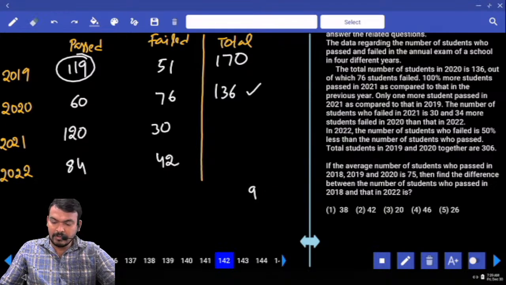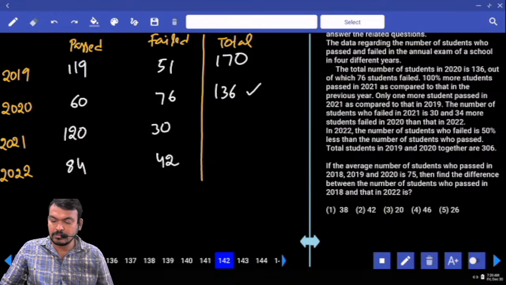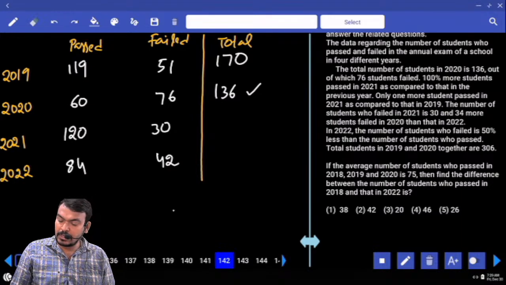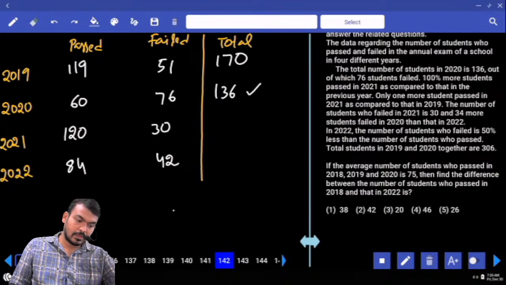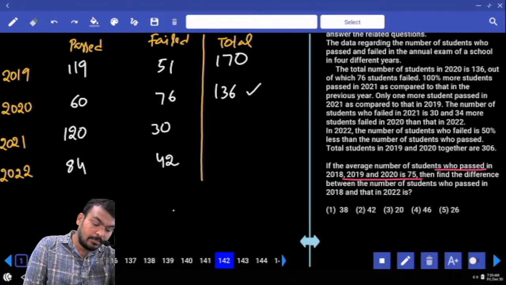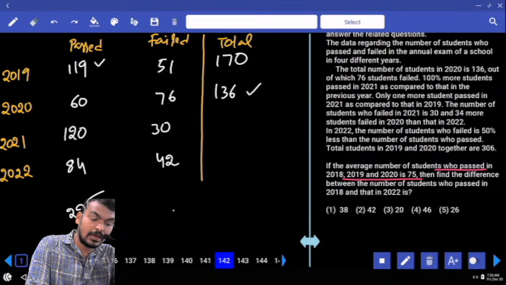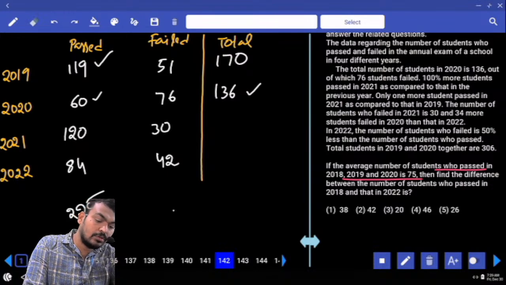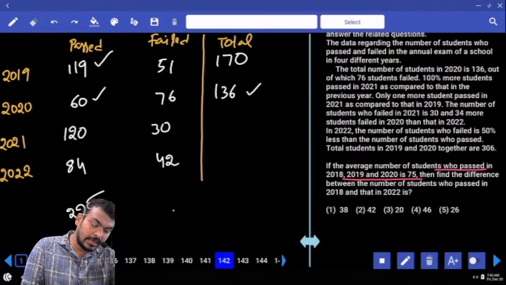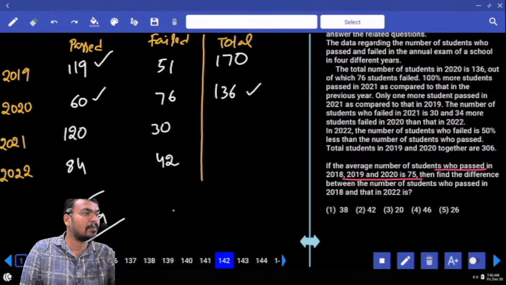Next 142. If the average number of students who passed in 2018, 2019 and 2020 is 75, average 75 means sum will be how much? 225 or not? 225. Then find the difference between the number of students who passed in 2018 and 2022. And it is passed value or total students? Passed value. What is the passed value of 3 years? 225. In that, 2019 already 119, 2020 60, 119 plus 60,